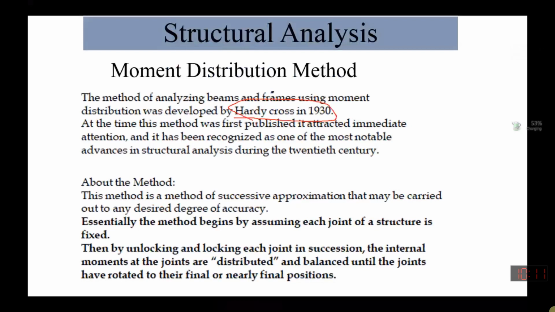What does this method actually do? This method is basically a method of successive approximations. How does it deal with the analysis? It goes like this: we make certain approximations by considering that initially each joint of the structure is fixed. Let's say, for example, if I draw a continuous beam over here,